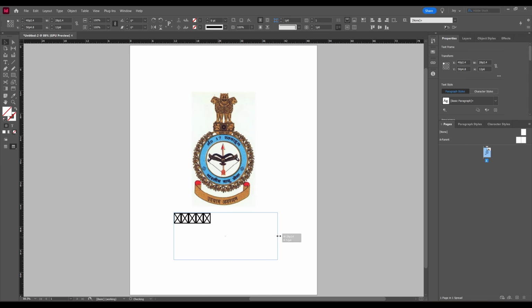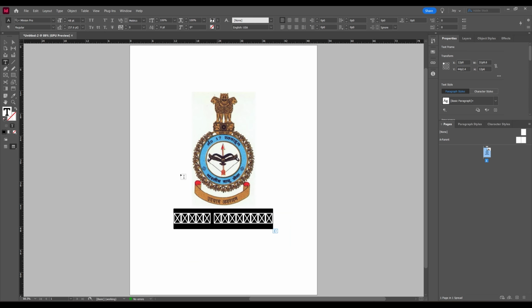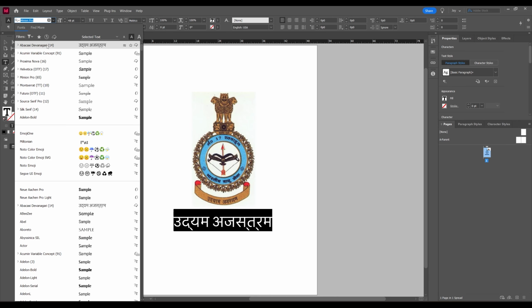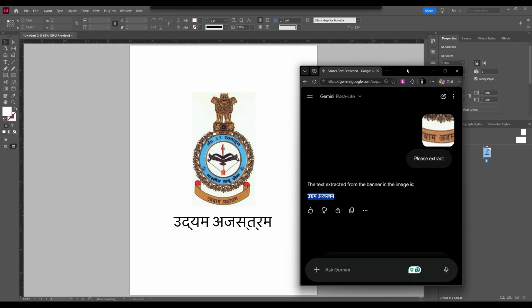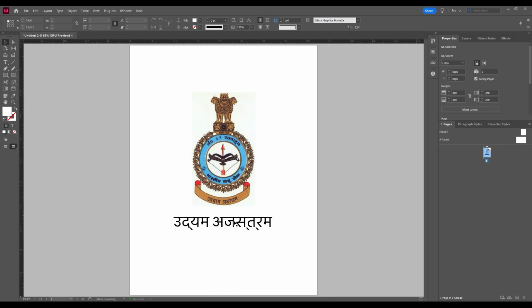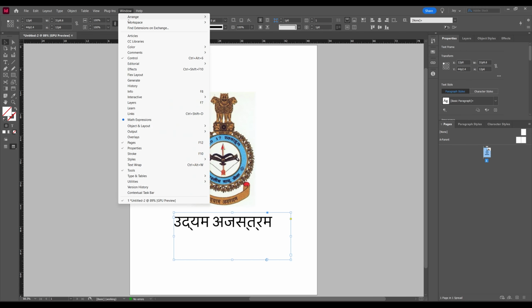As you can see, it is not supporting. For that, I'll select this and change the typeface. I'll make it Devanagari. After that, when you compare it with the Gemini one, they both look different. Udayam and Ajastram. In order to fix it, select your text box, go to Window, Type and Tables, Paragraph,